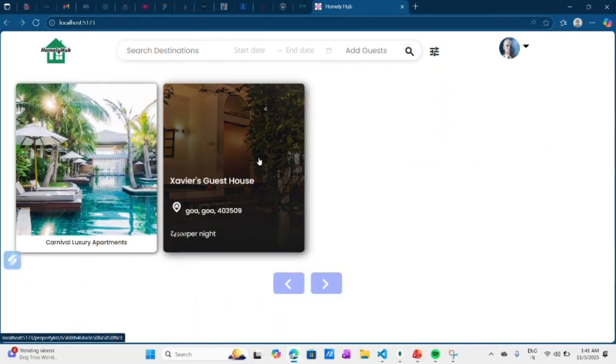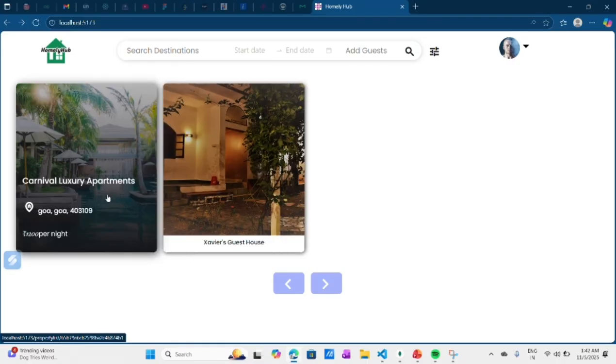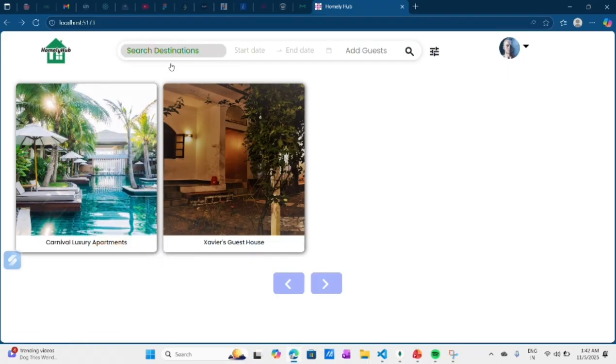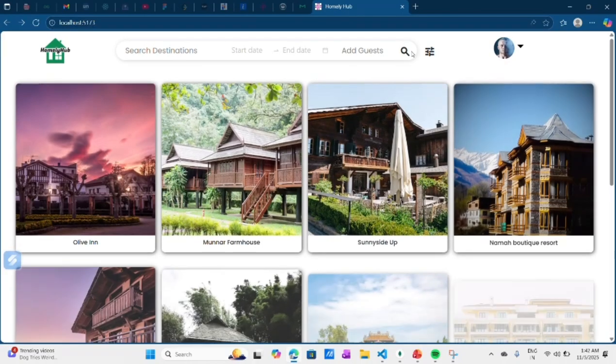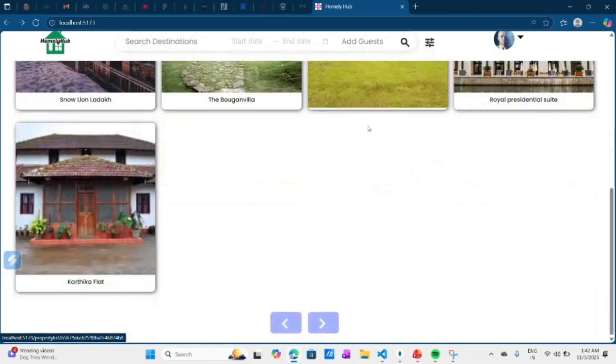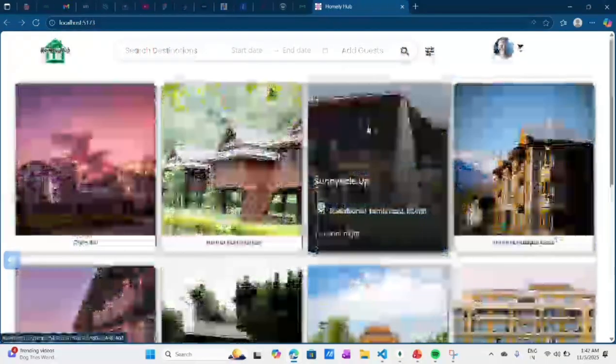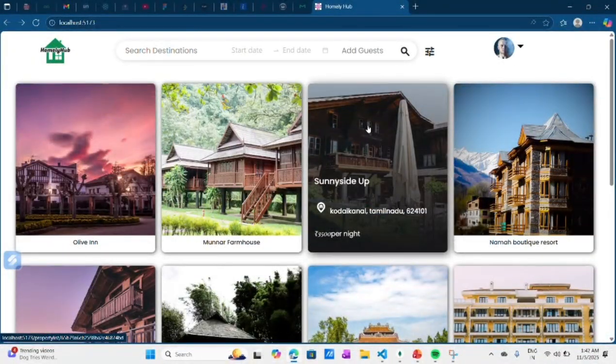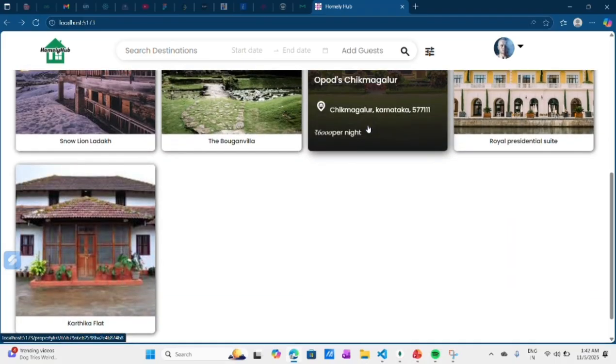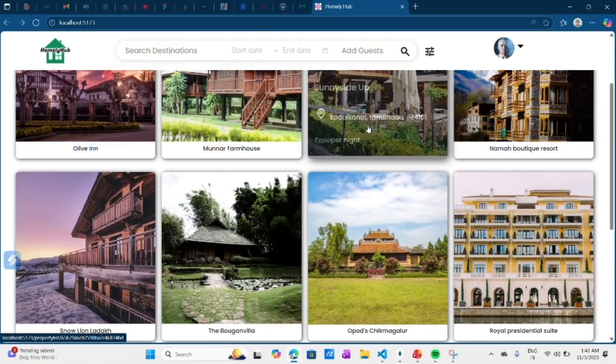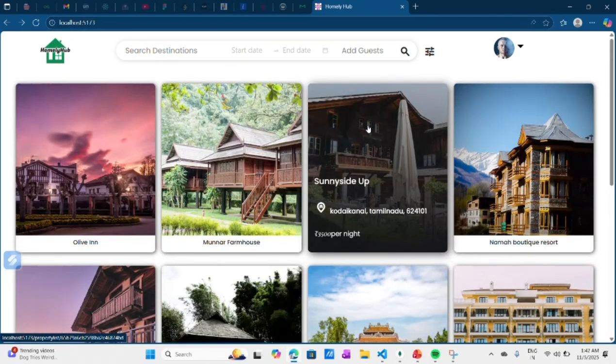Then you will see the property number of guests. Then you simply click on add guest and type the number of guests, and then click on search, and you see all the properties which have preferred this number of guests. So this is all about my project.